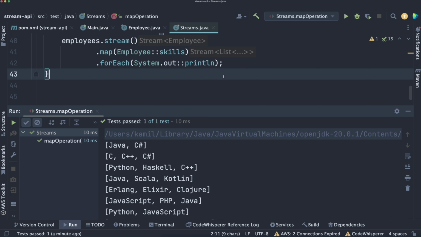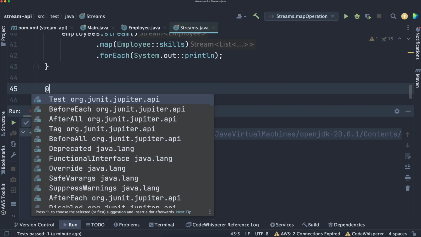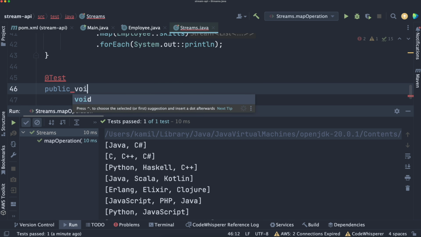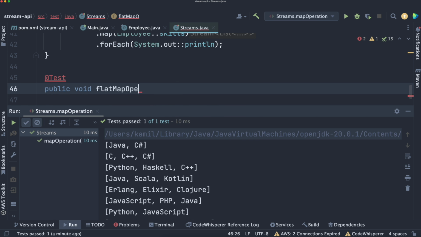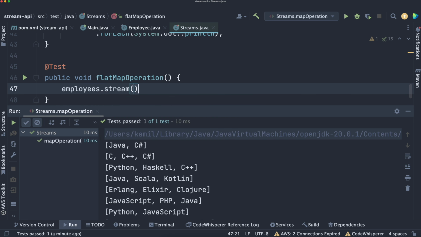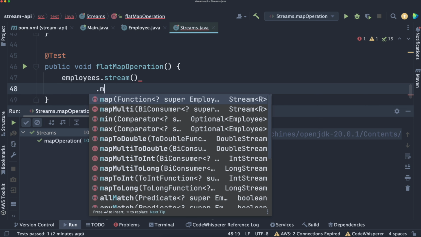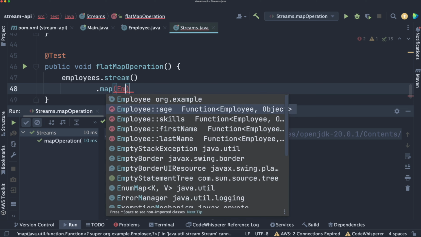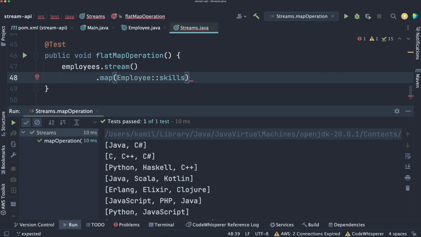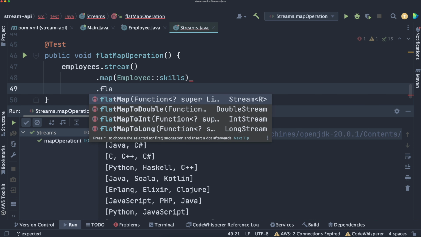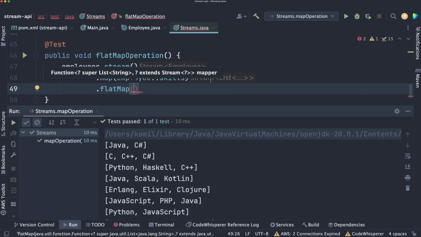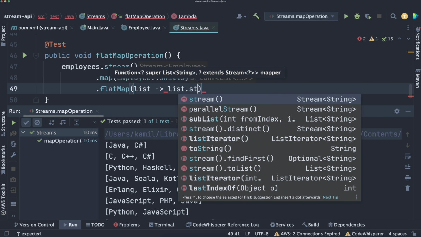For this, I will use a flatMap. So I'm creating a new method, public void flatMapOperation, employees.stream. Now we have to use map, employee skills, and now we need to flatten what we got. So flatMap, we have here a stream of lists of strings, and we want just a stream of strings. We do it like this: list.stream,